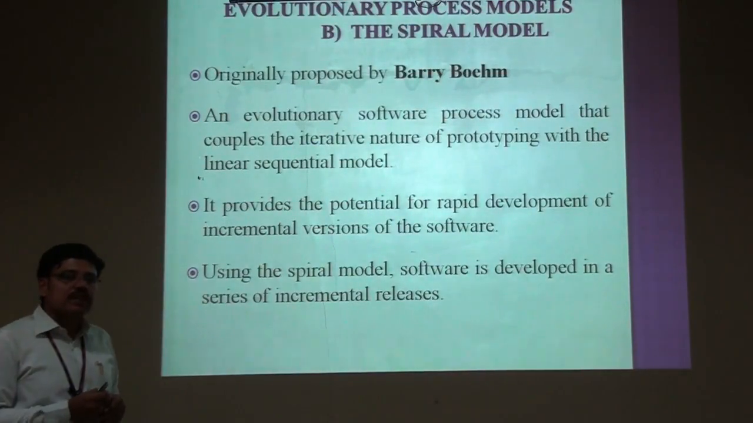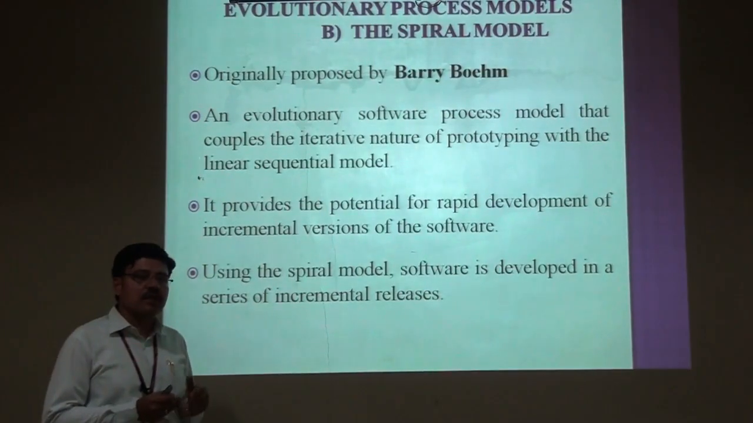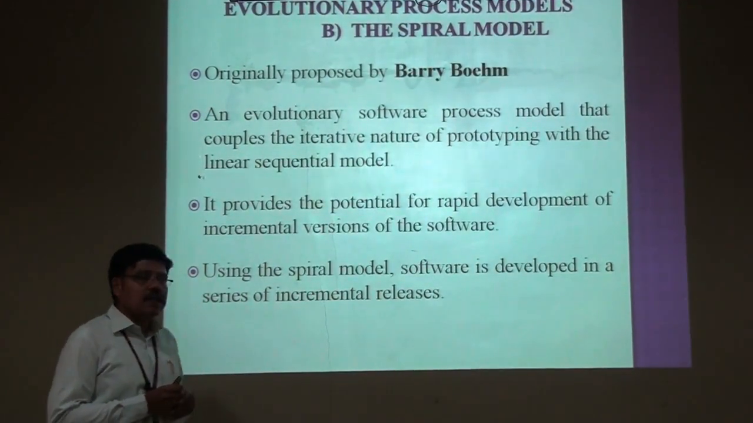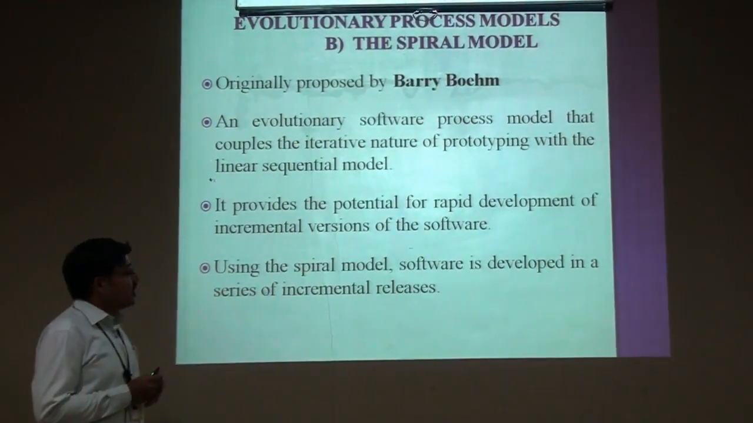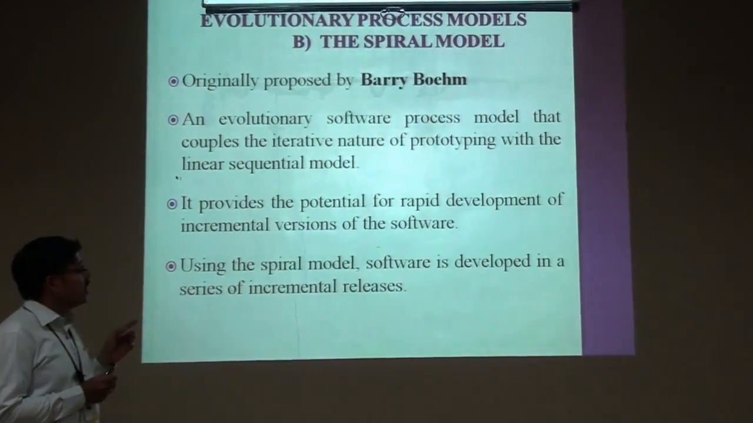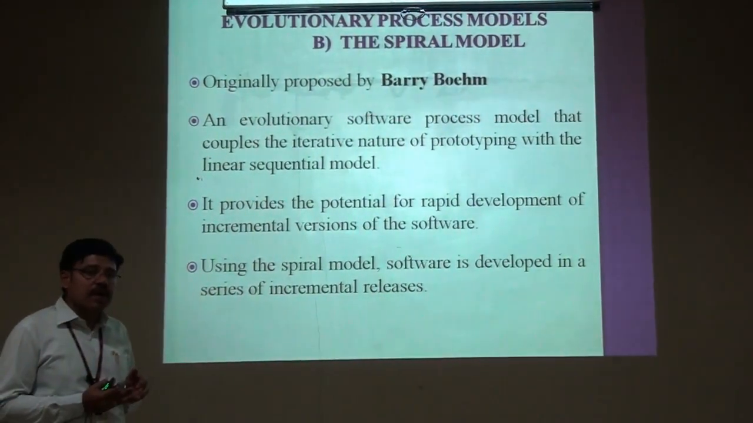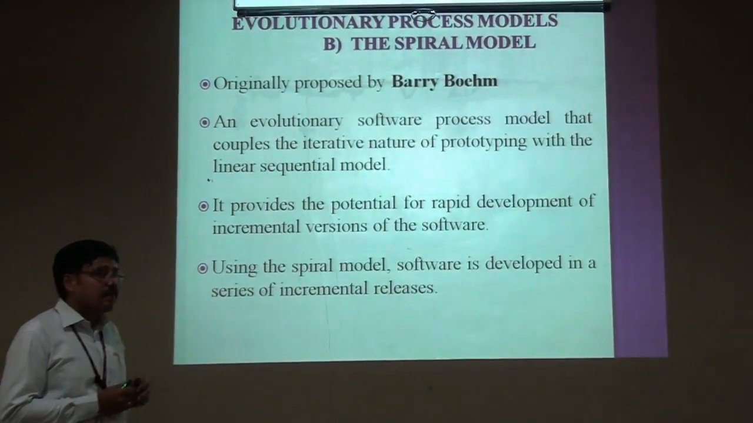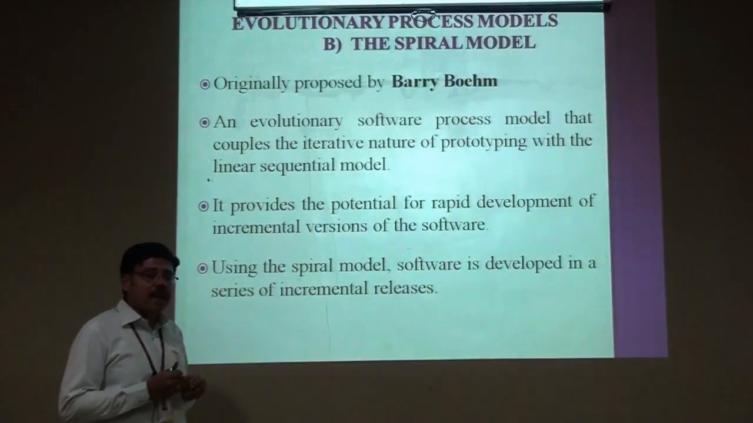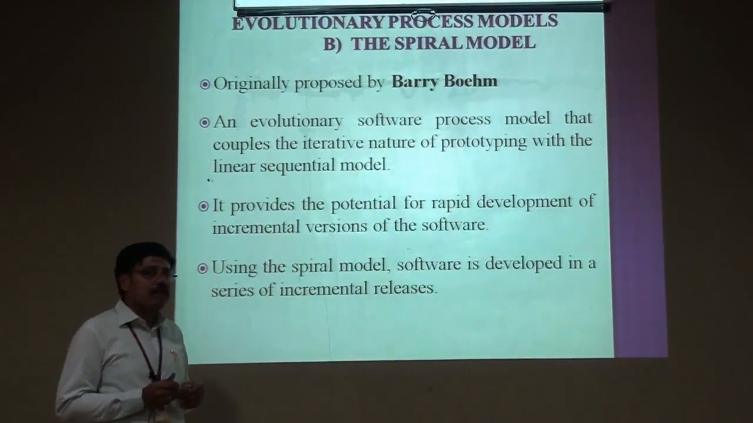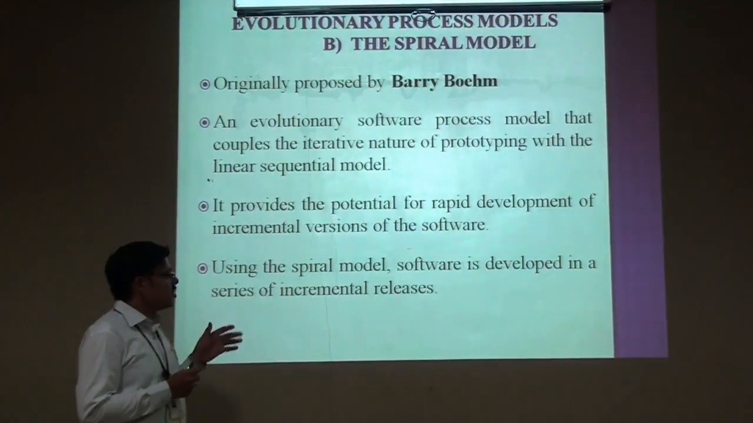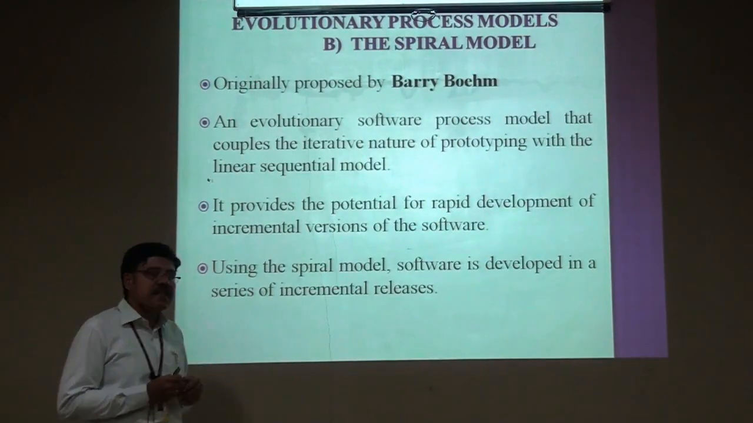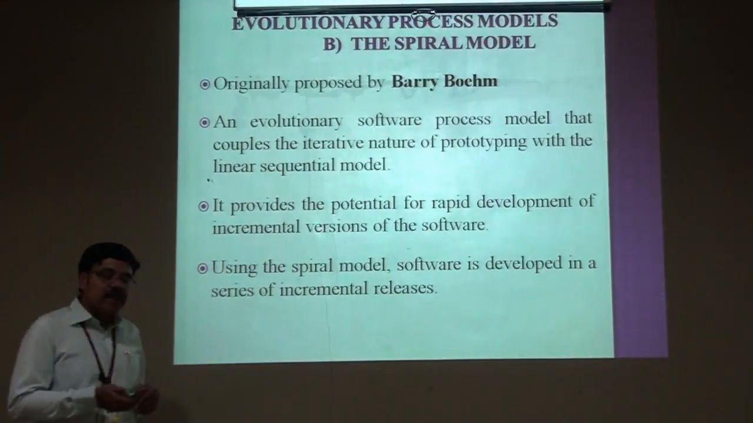So in order to overcome these problems present in the prototyping model, we go to the next model called the spiral model. The spiral model was first proposed by Barry Boehm. This is an evolutionary process model which includes the iterative nature of the prototyping model as well as the linear sequential model. It provides the potential of rapid application development over a period of time. Incremental versions of software can be developed in each and every spiral of that process model. Using the spiral model, the software is developed in a series of incremental processes, and the incremental releases can be